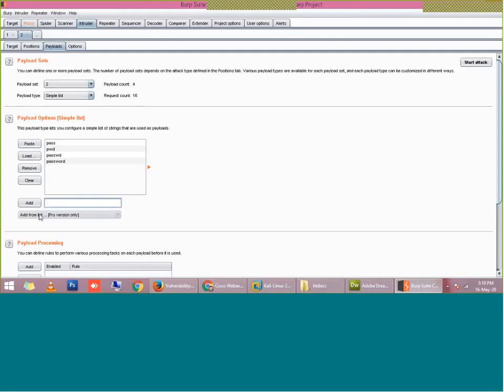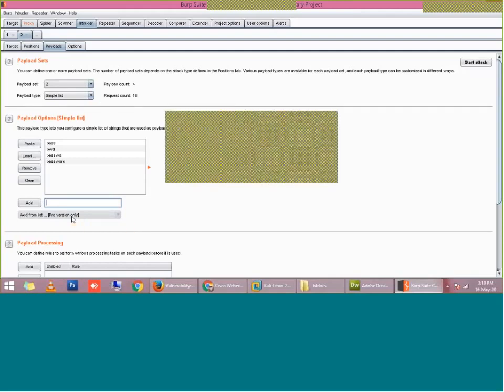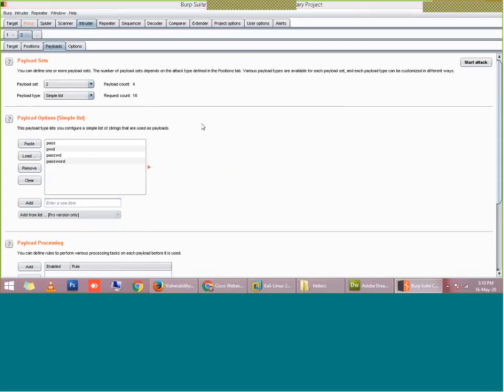For this you just give the file path. You can directly upload that file containing default usernames and passwords.